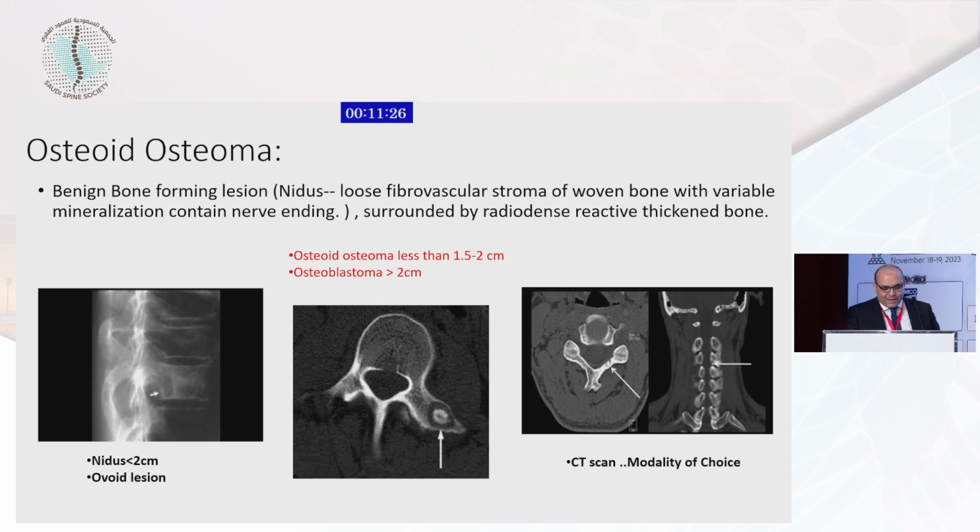Of course, you can pick it up with your eye on the plain X-ray, and it is usually an ovoid lesion of less than 2 centimeters. On CT, it will delineate the nidus and the surrounding sclerosis more clearly. It is usually present in the posterior element, and CT scan is the modality of choice to